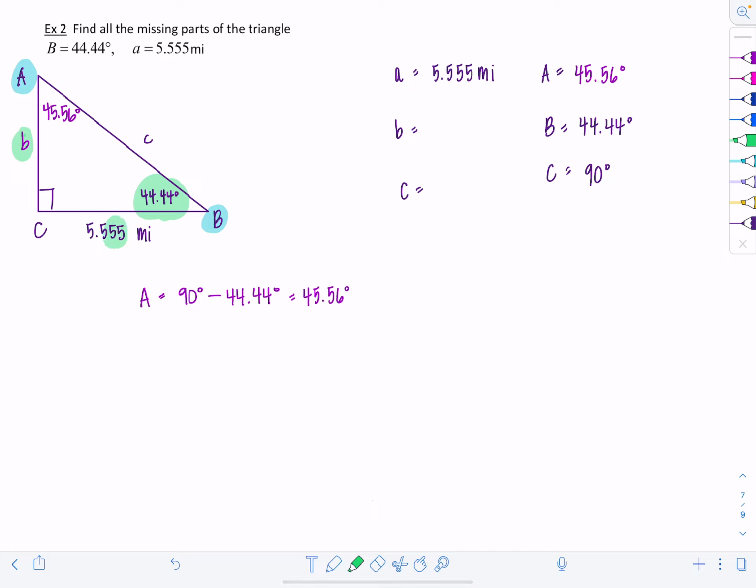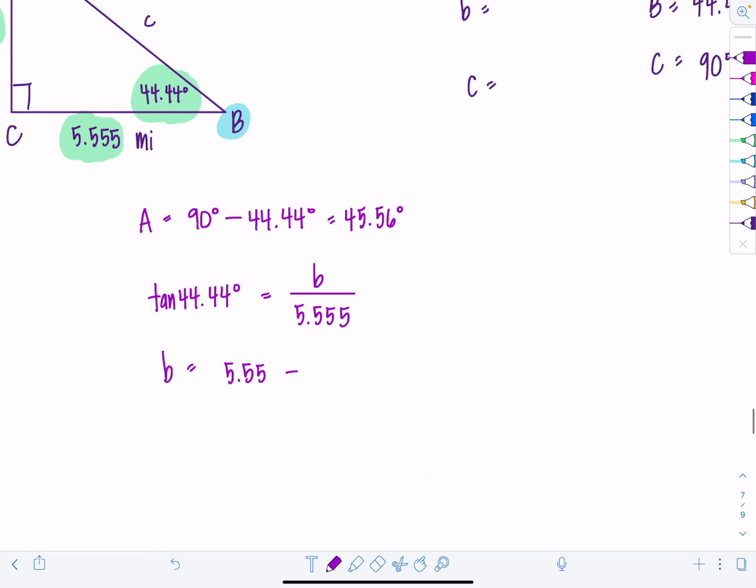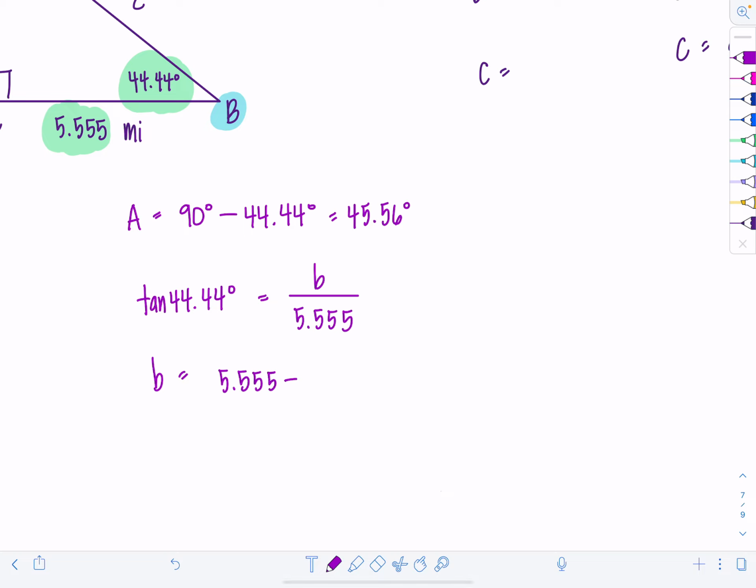So since I have side A, I'm looking at this 44.44 degree angle. I'm after the opposite side and I have the adjacent side. So that means it's time for tangent. So tangent of 44.44 degrees is equal to B over 5.555. That means B equals 5.555 times